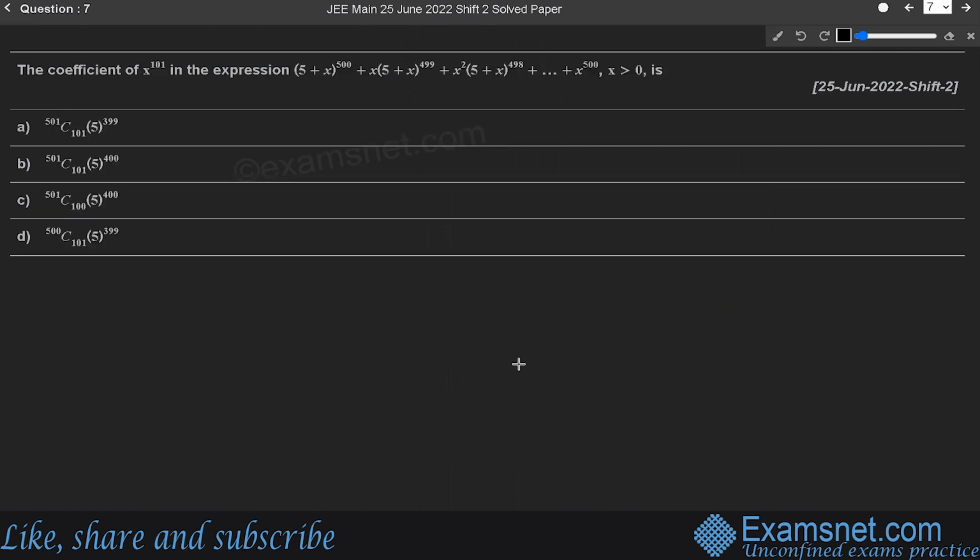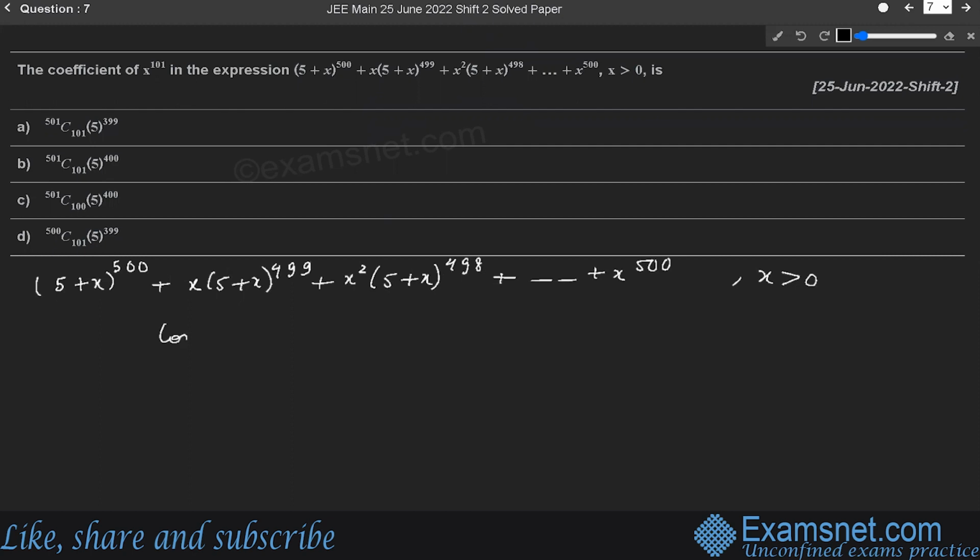Next question is: the coefficient of x power 101 in the expression (5 plus x) power 500 plus x into (5 plus x) power 499 plus x square into (5 plus x) power 498 plus so on up to x power 500, where x is greater than 0, is. It is very clear that this is a GP with the first term (5 plus x) power 500. So the common ratio